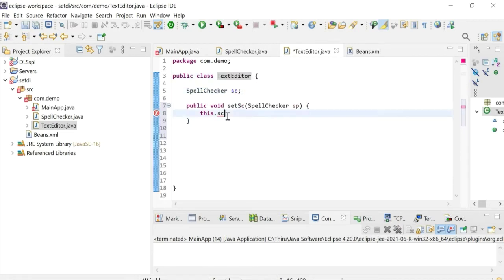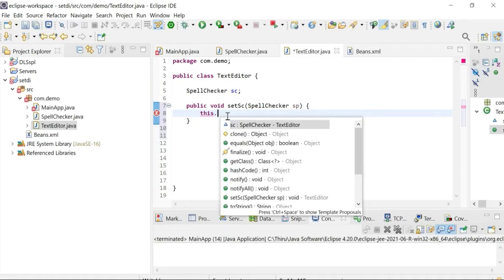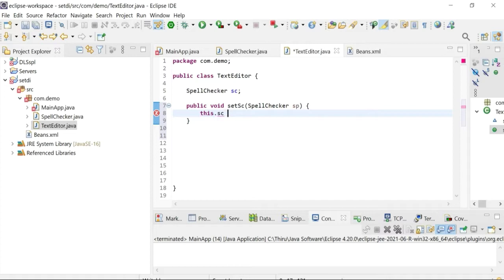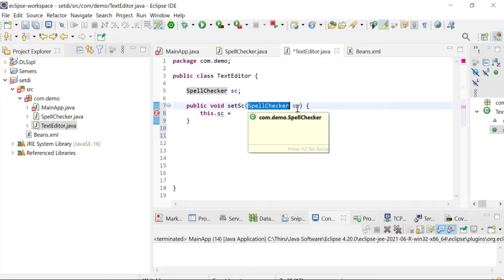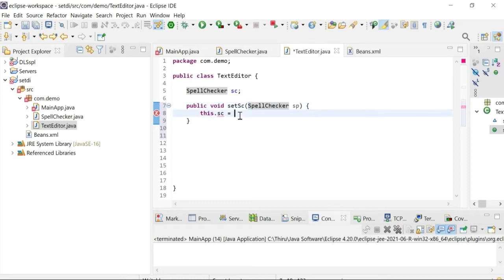When you key in this and then a dot, you can see the sc reference variable. Select that, equal to whatever spell checker object you passed in as the argument, that should be assigned here. So sc equal to sp, that's it.